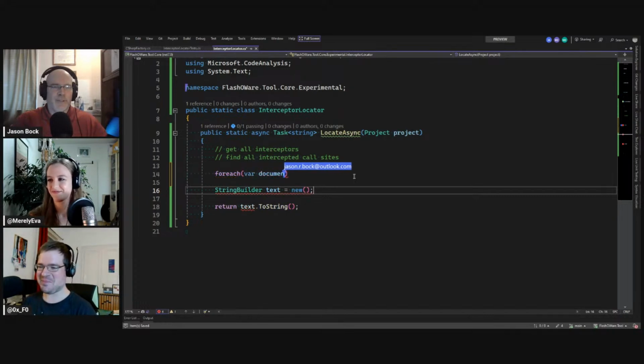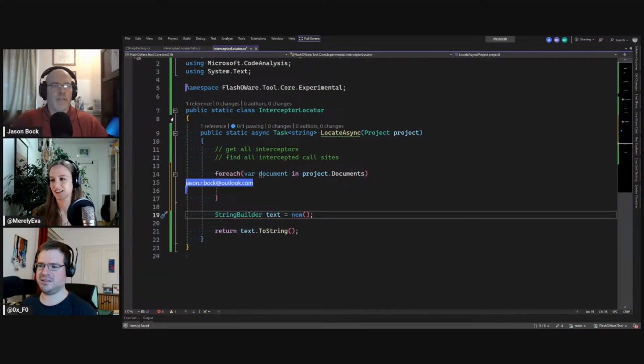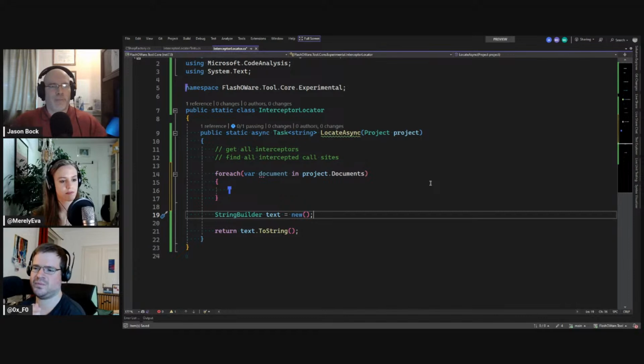Our document, and this is a project, and that would be documents. There should be documents. Okay. And then I think we're going to want to do, because the documents are not always going to be C# files. You can have other things.